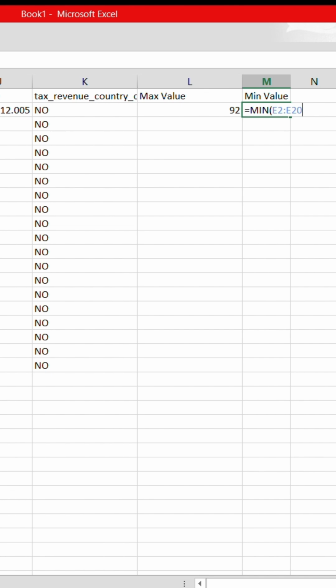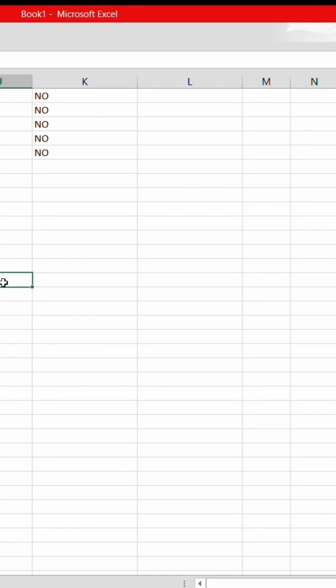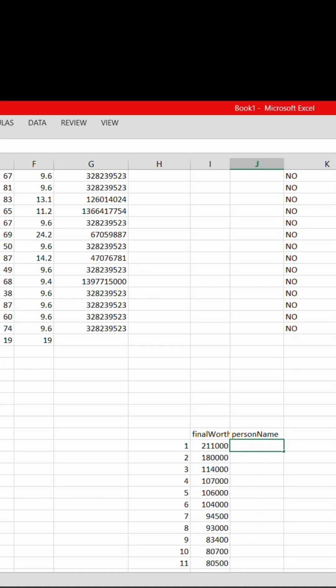Then open parenthesis, then select the column till the end, right? Control A. No, I'm selecting till 74. Okay, it's fine. Now close the parenthesis. Now I got the result. Yeah, let me do the VLOOKUP below, and right, is equal to VLOOKUP,